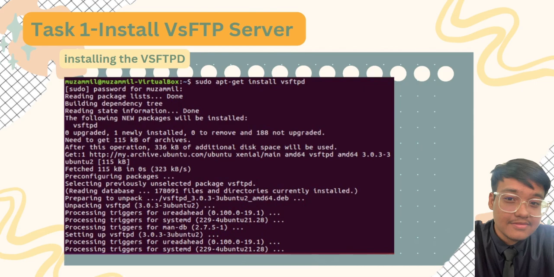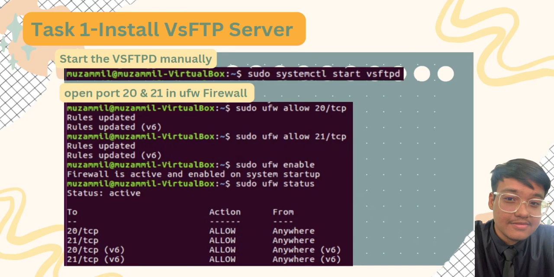in the command line. So the package of vsftpd will be installed in this user. Then, to start vsftpd manually, we put sudo systemctl start vsftpd. To make this work, we enter this command, sudo systemctl start vsftpd, and then we have to open